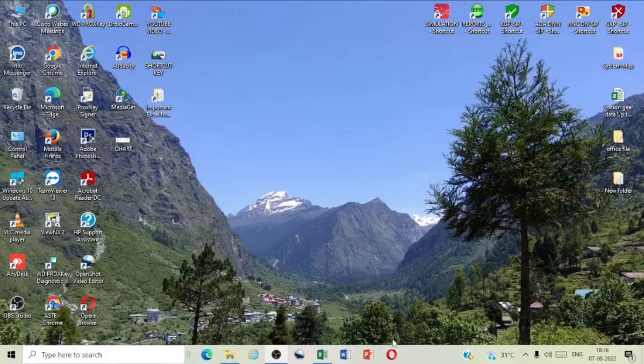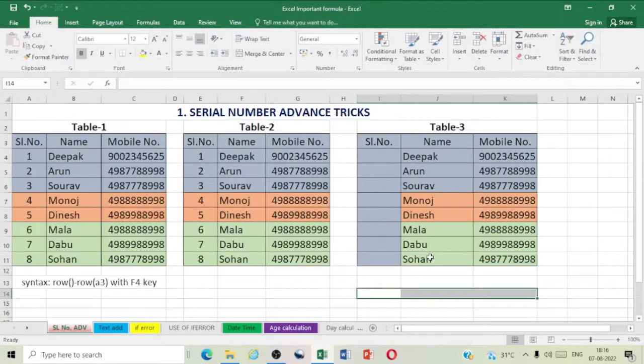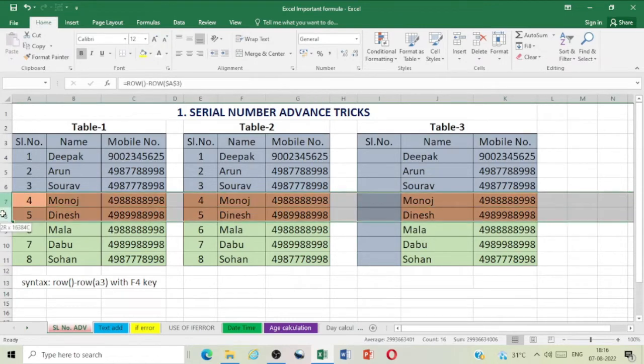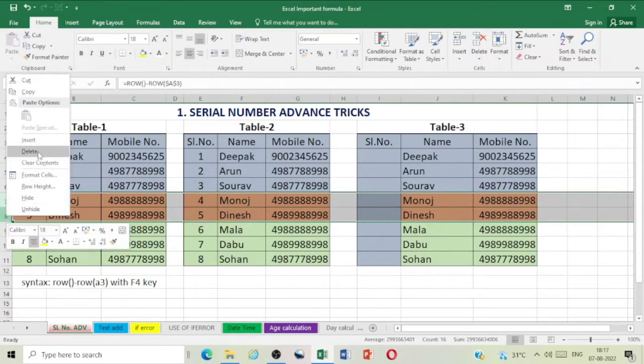In this video, I will explain the formula for how to advance the serial number automatically. I have three identical tables, table 1, table 2, table 3. If I delete two rows from here,